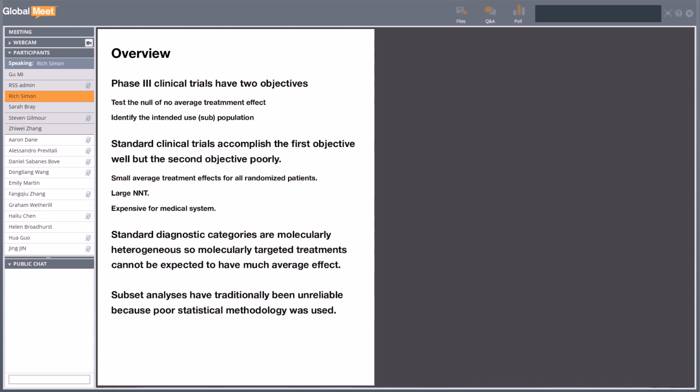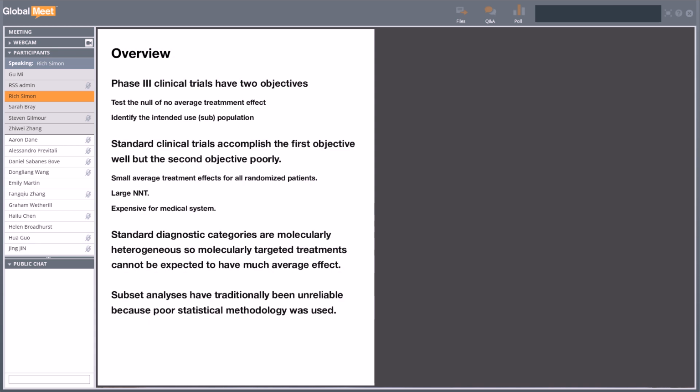Consequently, we have small average treatment effects that payers may not want to pay for, a large number of patients needed to treat for each patient who benefits, and a result that is overly expensive for our national medical systems, because a large number of patients in the original eligibility population don't actually benefit from the treatment. And now, particularly in oncology, where we know that our standard diagnostic categories are molecularly heterogeneous,